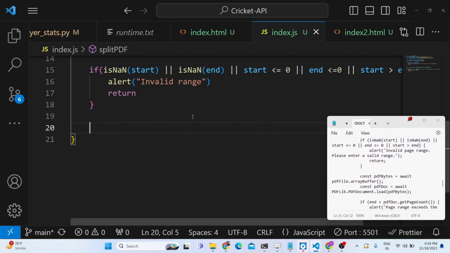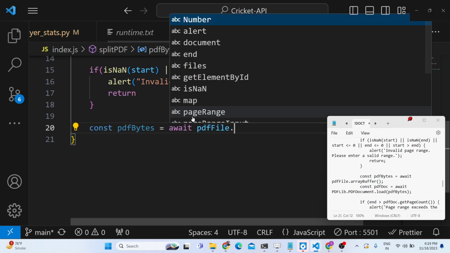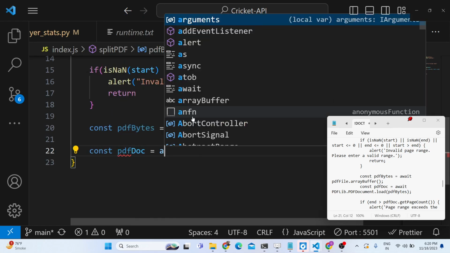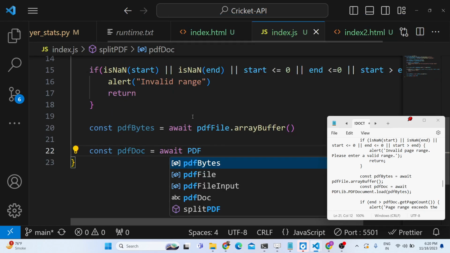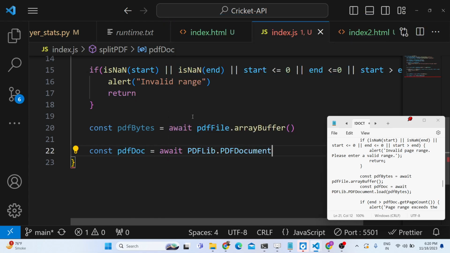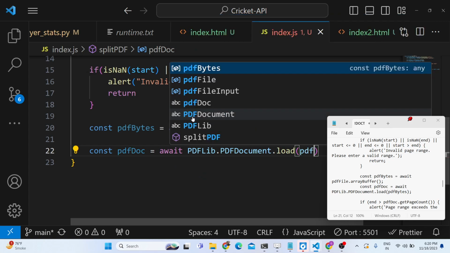And then guys, we will calculate the PDF bytes of the split pages by using this. We can use await because it's an async function. PDF file dot, we will convert this into an array buffer. Await. Here we will call this library, guys, PDF-LIB, and it contains a method to load the PDF document using